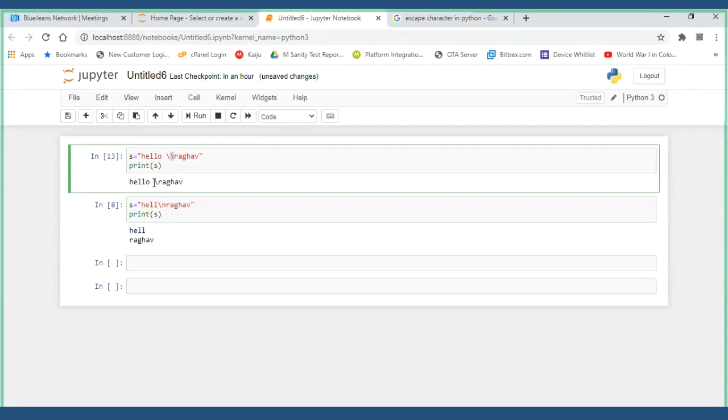So it puts the backslash, and the remaining content stays as is without any change. So the first rule to remember: backslash is used as an escape character. Escape means you want to escape or perform a few things in the existing string. The string whatever you have is hello Raghav here.